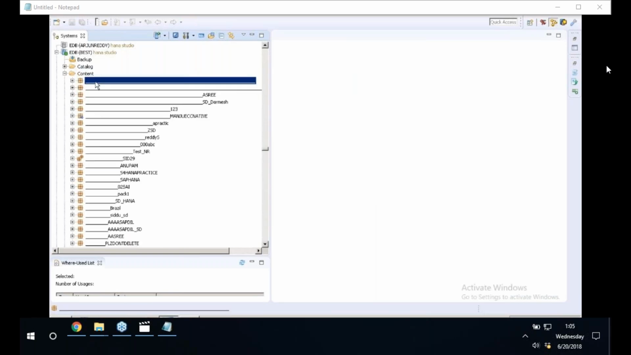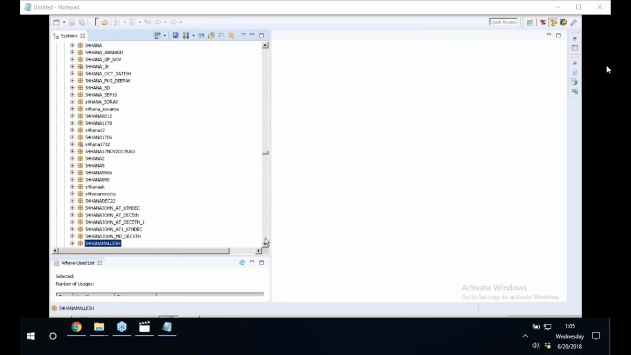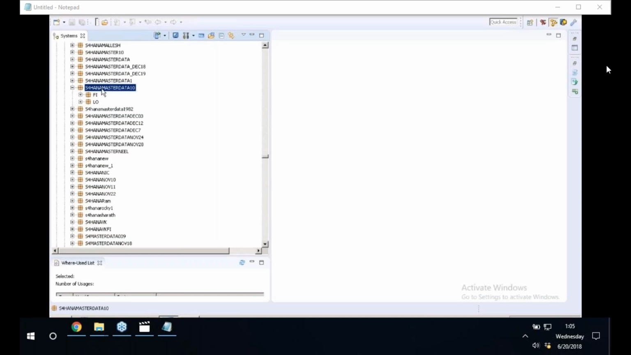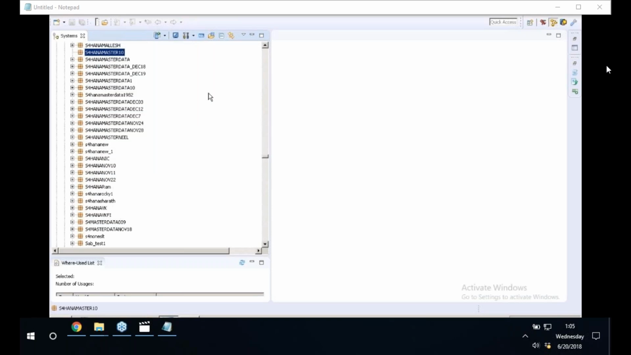So let us go to the package S4 HANA Master Data 10. I think this is not the one. Master 10, okay, this is the one. So let us right click on this package. Let us click new, and let us click on calculation view. So once I click on the calculation view,